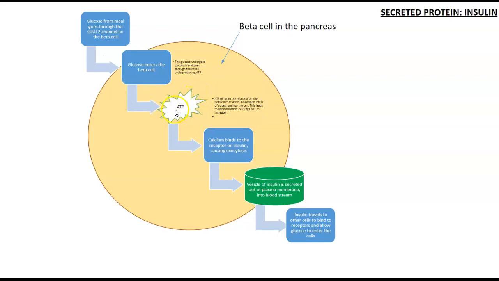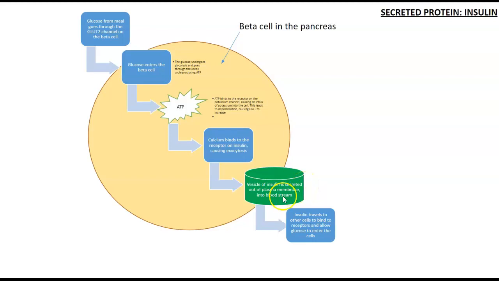ATP binds to the receptor of the potassium channel. This prevents any potassium from exiting the cell, causing an influx of potassium in the cell. This leads to depolarization, causing calcium to increase. Calcium binds to the receptor of insulin, causing exocytosis, meaning exiting the cell and going into the bloodstream, seen here,